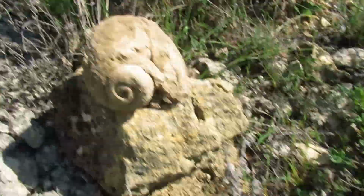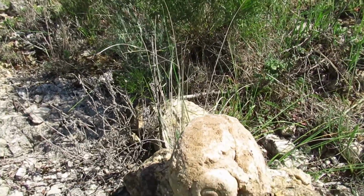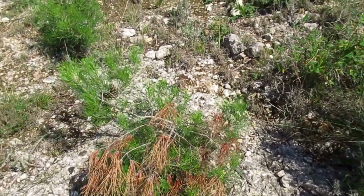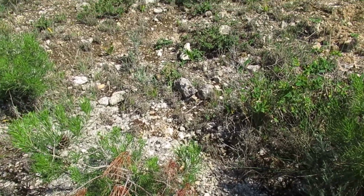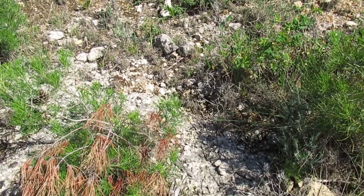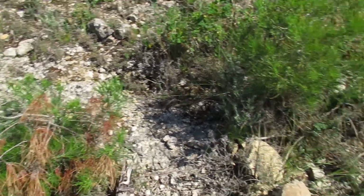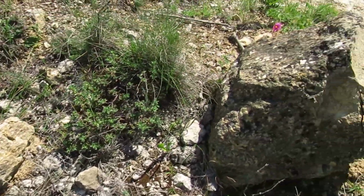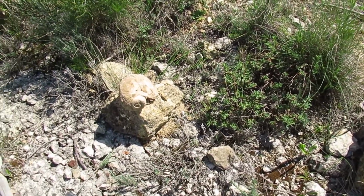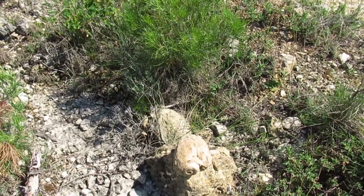I need to bring a lot of super glue the next time, because this helped me a lot now. Well, it's already getting late, so I'm not really sure if I'm going to continue or not. Probably I will pack my stuff and go home. So we have a lot of fossils in here. Two fossils for the price of one. So friends,